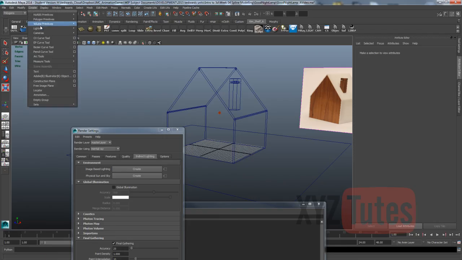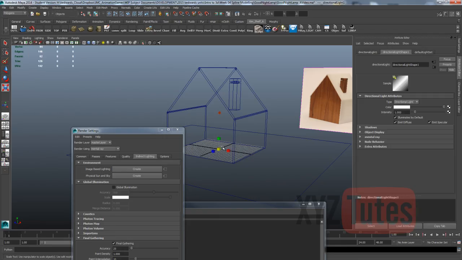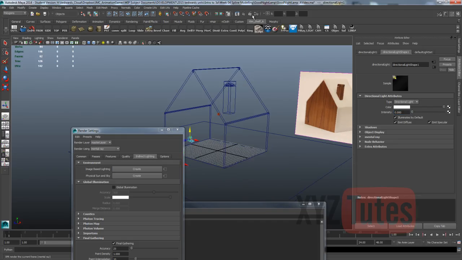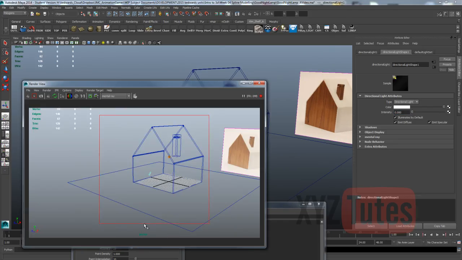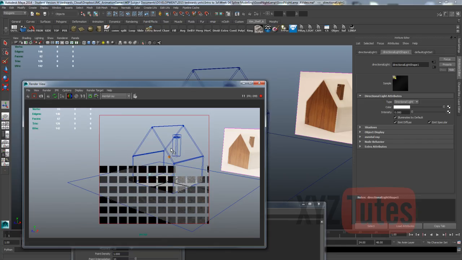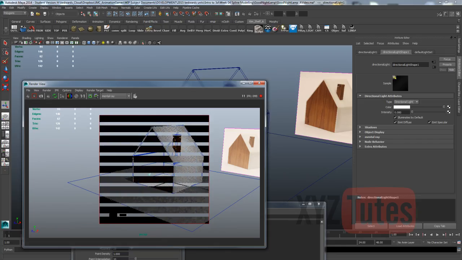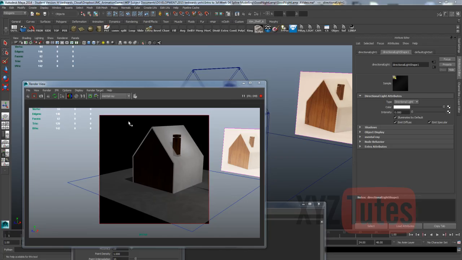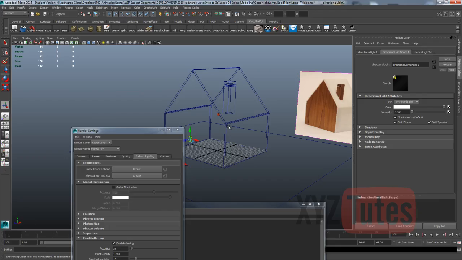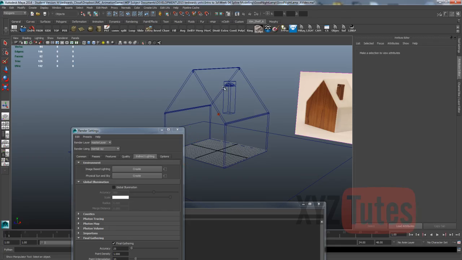So I'll just create a directional light to have a look at that. Something low, 0.08, just to fill the scene a little bit, and get an idea of what's going on. Right, so that's ballpark getting that. So what I suggest you do now is, I'm just going to delete these, so save your file, is I'd